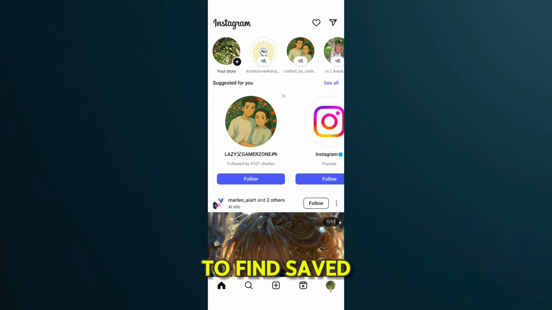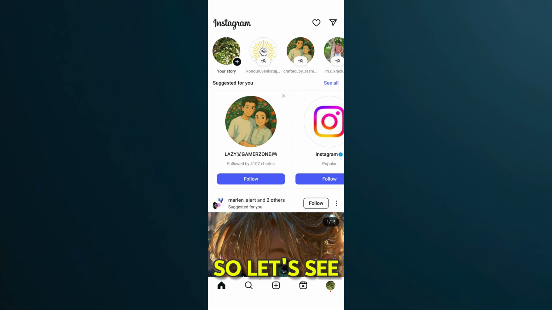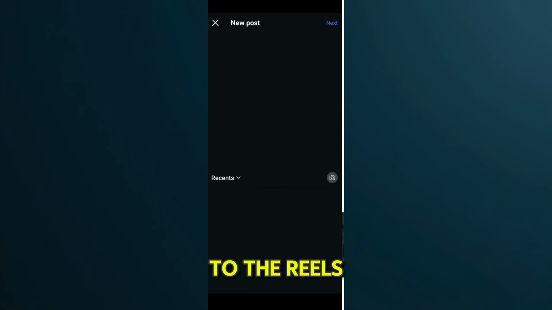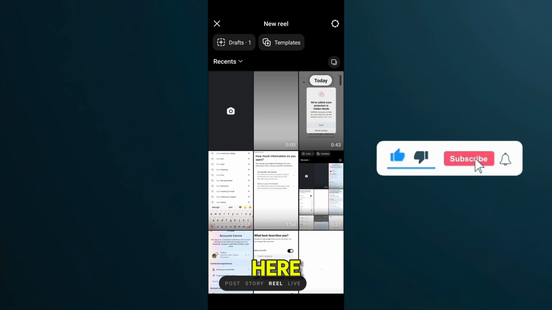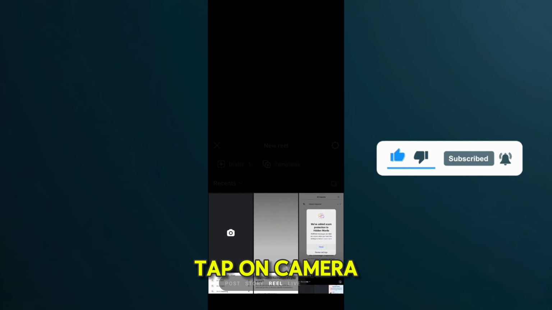I will guide you to find saved effects on your Instagram. So let's see how. Go to the reels or the posts. If you click on the story or otherwise reel, here you can go, and if you tap on camera